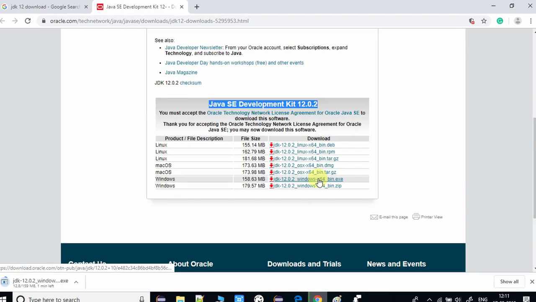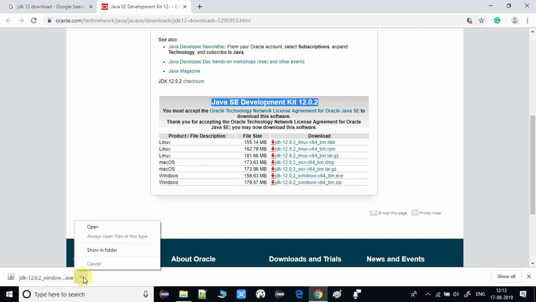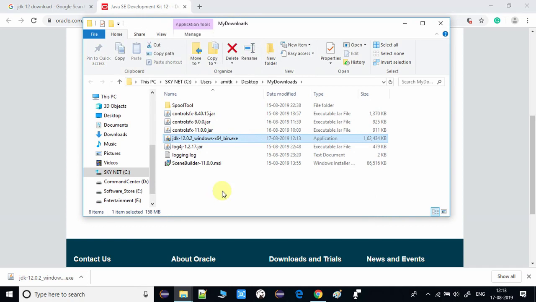You can see on the left corner of the browser, the file is downloading and the size of this exe is 159 MB, and it will take time. It depends on your internet speed. So guys, the file is downloaded completely. Now we will go inside the folder where it is downloaded, and here we are, and this is the exe file. We have to launch it, so just double click on it,